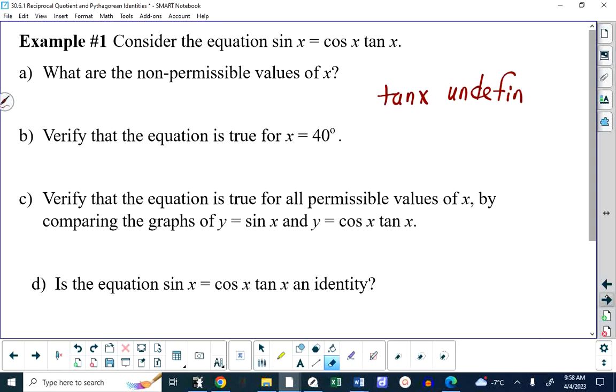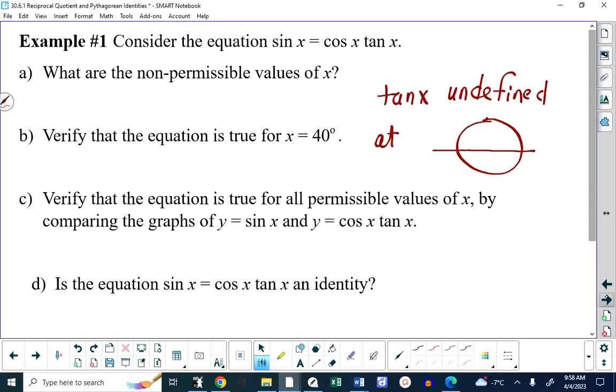Is undefined at these two locations on the unit circle. And the reason for that is tangent on the unit circle is the y coordinate over the x coordinate. And this is at 0, 1, and this is at 0, -1. So when you take y over x to get the tangent of that rotation angle, you get undefined because you